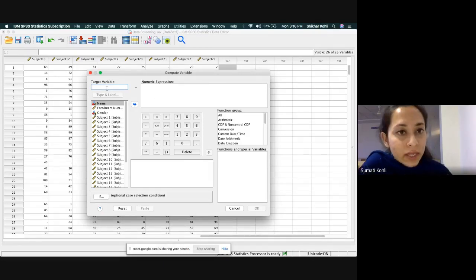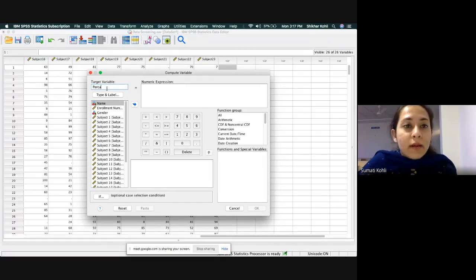If you remember when we were doing it in Excel, we gave the name percentage of data missing or something like percentage of values missing. So here also you can write any name of your choice. I will write percentage missing. This is basically the name of the column now. जैसे यहाँ पे subject 21, 22, 23 है, तो अब मेरा जो next column यहाँ पे बनेगा, जहाँ पे मैं ये calculate करूँगी कि missing data कितना है, उसको मैं name करूँगी percentage missing, right?